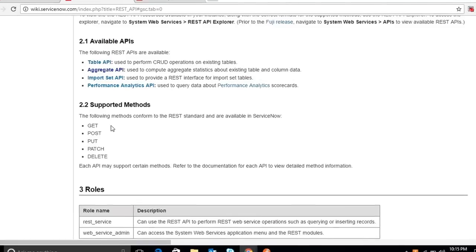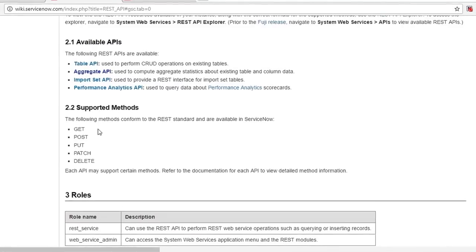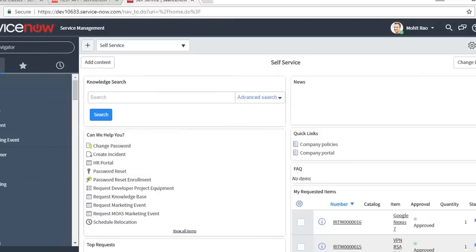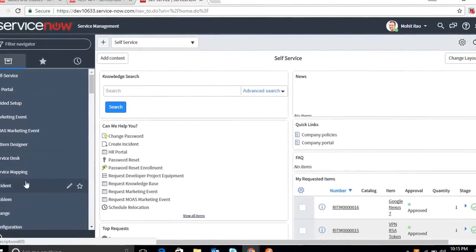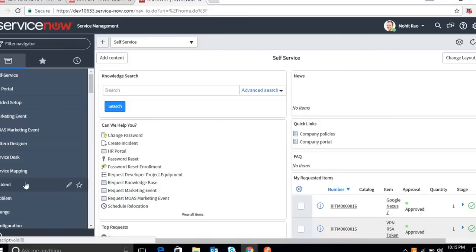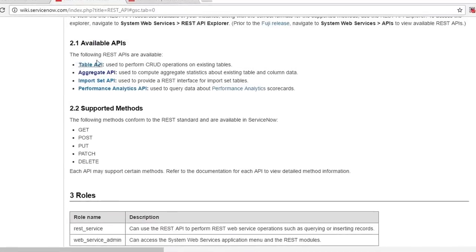When I say we will delete a record or add something new, that means you can do the same for any of these modules inside ServiceNow. You can create a new incident, you can delete an incident, you can modify an incident, update a work note, assign it to another user. Same, you can create a change task. Anything that you are doing manually can be done using this table API.